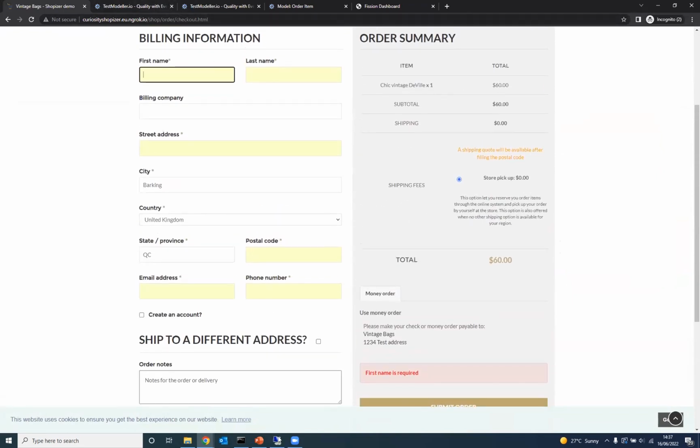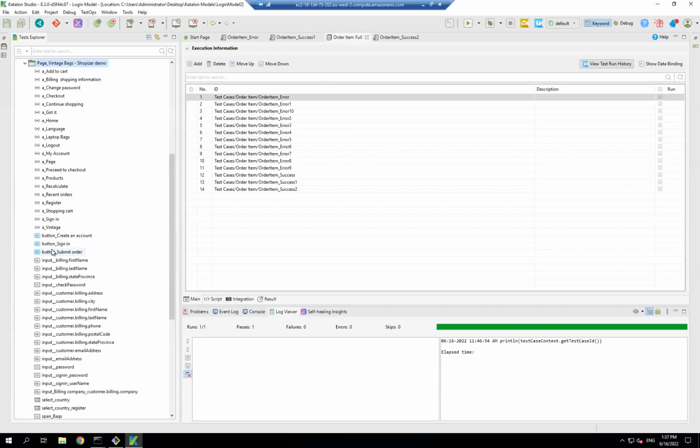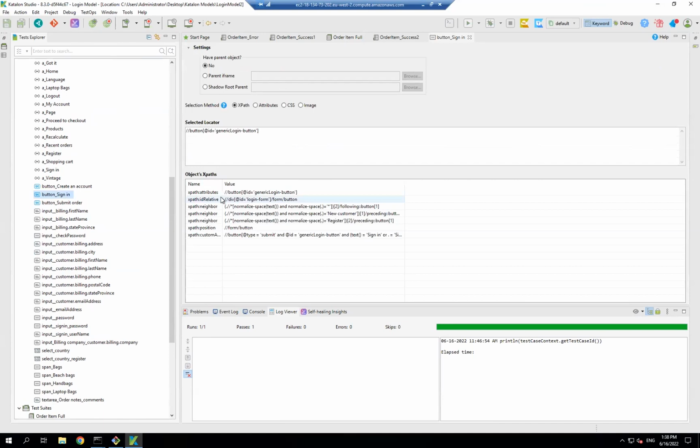Now, what we have done is we have spent a little bit of time in Katalon Studio building out an object repository for the different components in this e-commerce system. Obviously, we've got a lot of people familiar with Katalon on the call today. But for those of you who aren't familiar, Katalon has a very good scanning capability where we can open a new browser, we can start to scan the components that we care about. And from that particular scan, we can come out and we can build up object repositories. We have all of our different identifiers in for going into that web page and identifying and extracting that particular